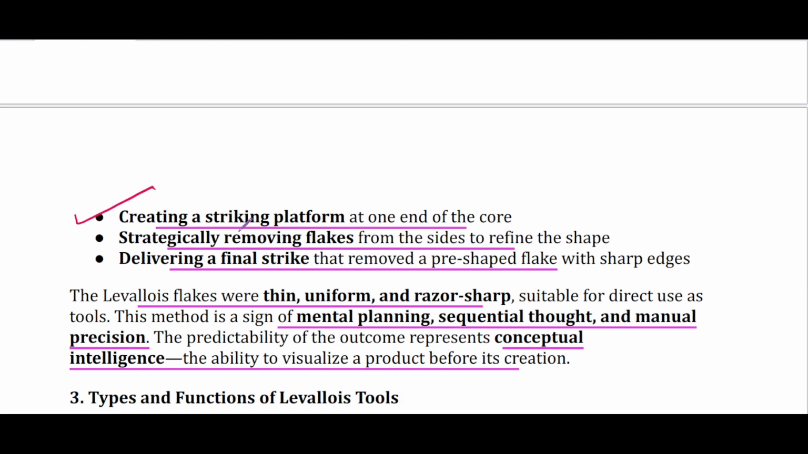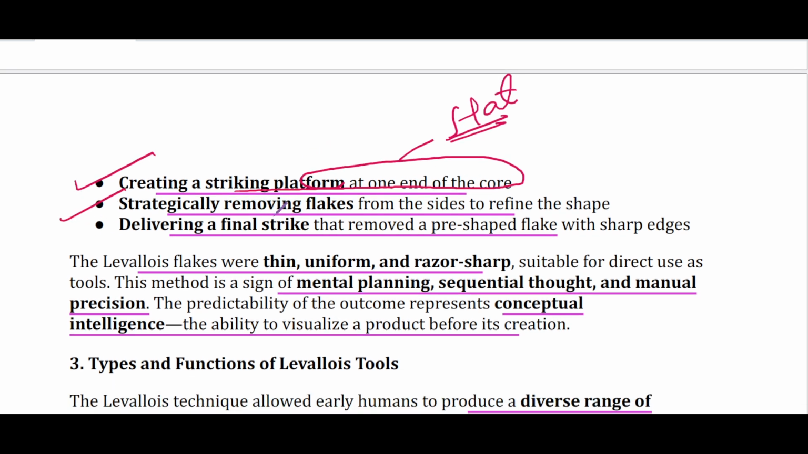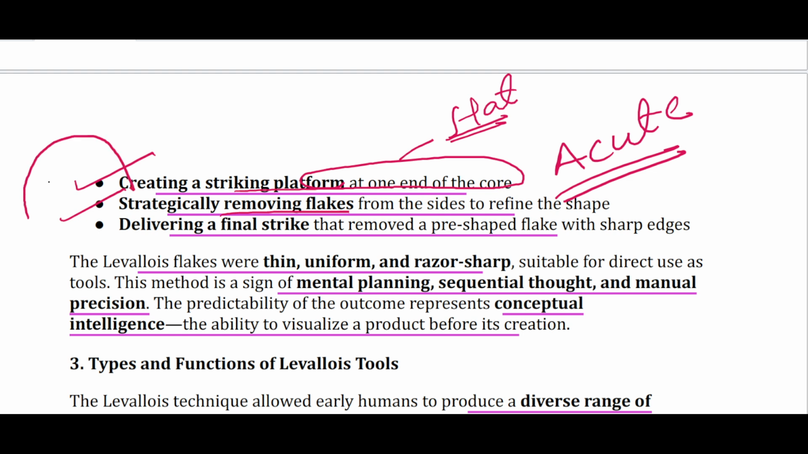Now a striking platform is created at the other end of the core, which is usually flat and sharpened and polished. Then strategically flakes are removed using the mechanical principle, especially the principle of acute angle. When you strike at any dome surface, any curved and polished surface, at an acute angle, this kind of flake will